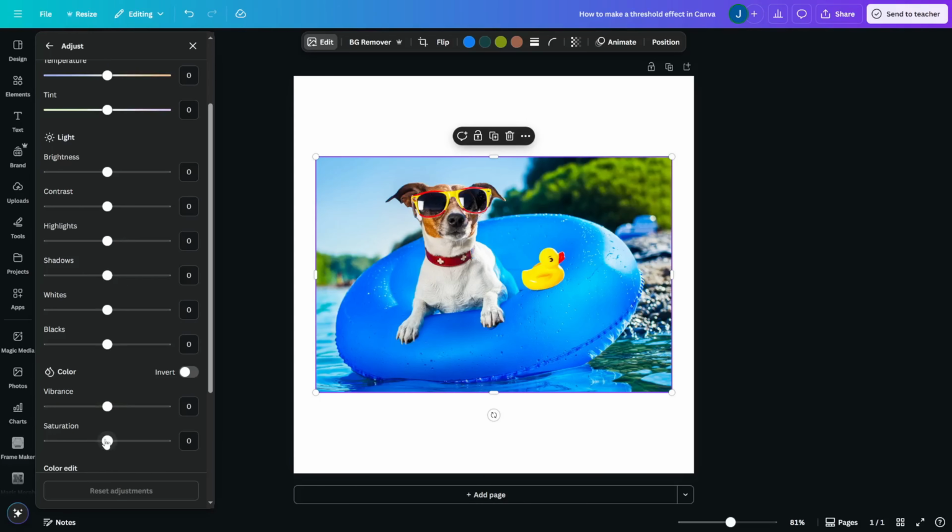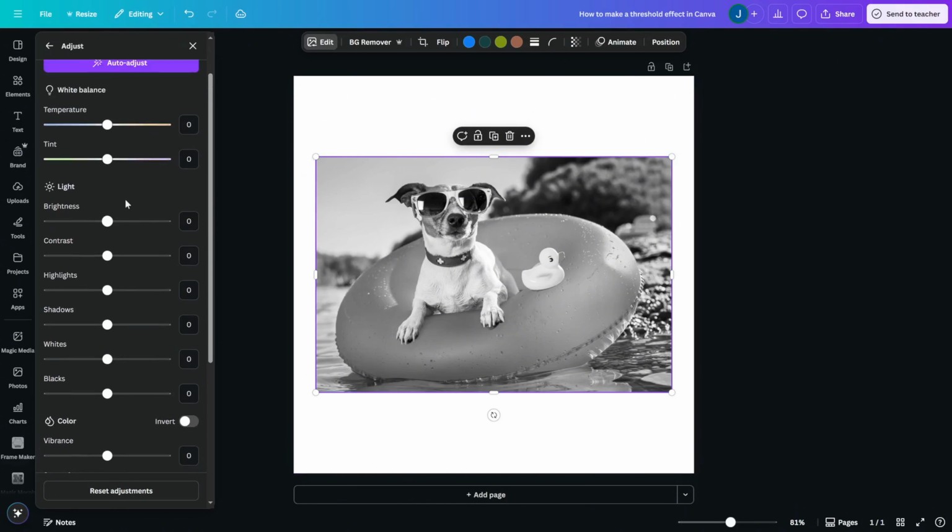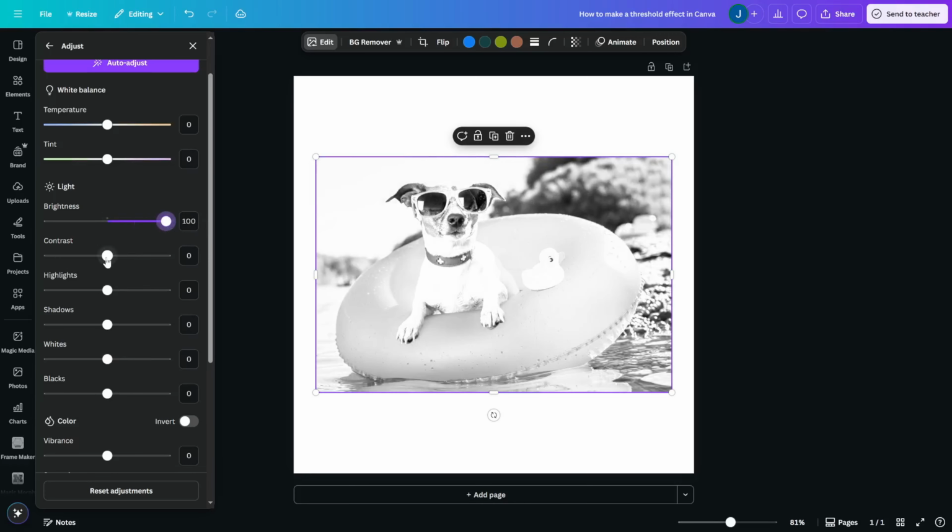Here, we're going to want to crank down the saturation to -100. This will make our image grayscale. And from here, we're going to adjust the threshold by using the light category. Set your brightness to 100, your contrast to 100, your shadows to -100, and for your whites and blacks, you